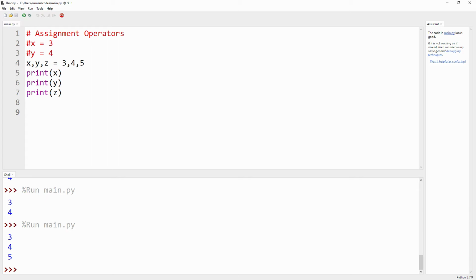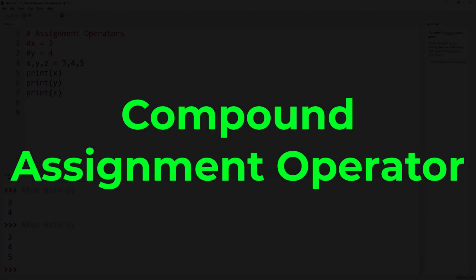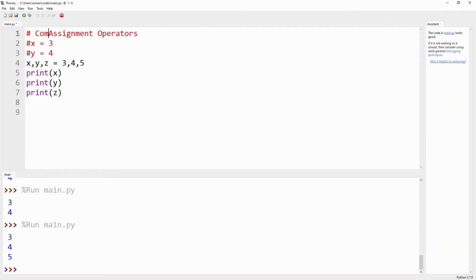Now we should proceed to some compound assignment operators. Here we are once again changing the code. So let's delete all the code here and proceed with another one. Suppose x is equal to 5, and then we write x plus equal to 10, and the next one x minus equal to 10.